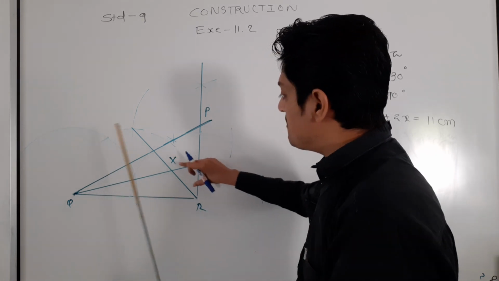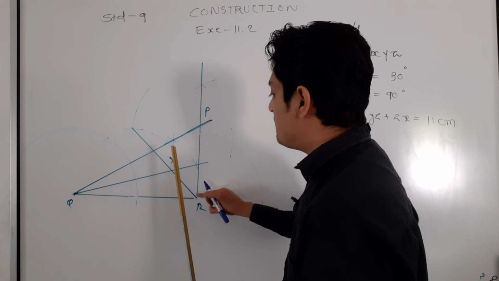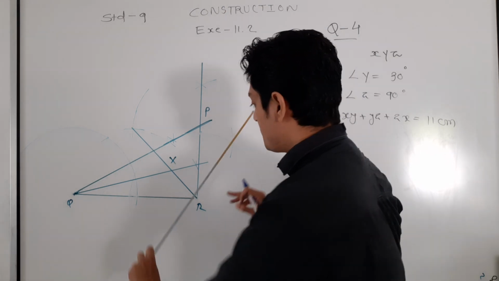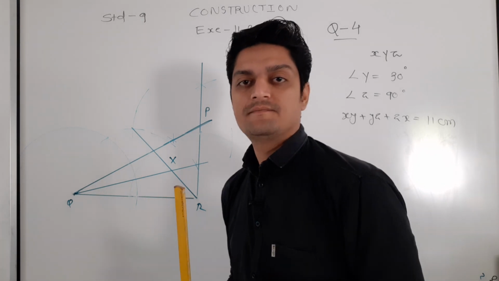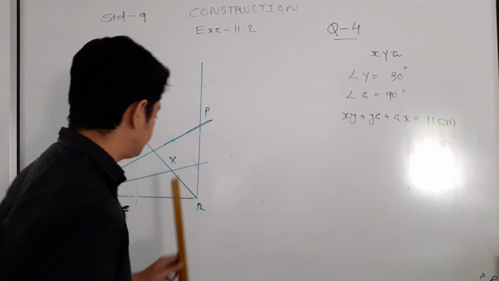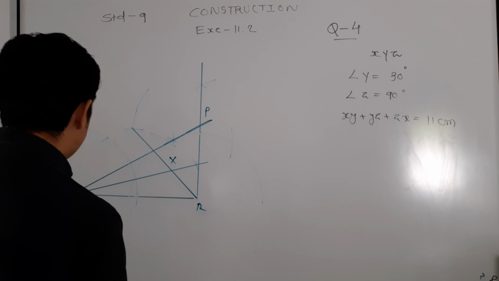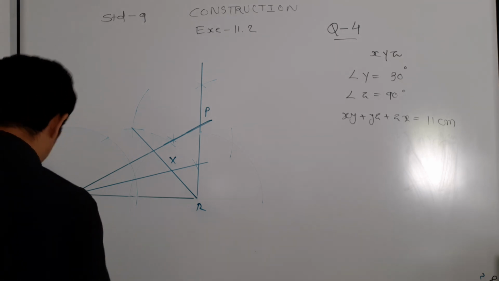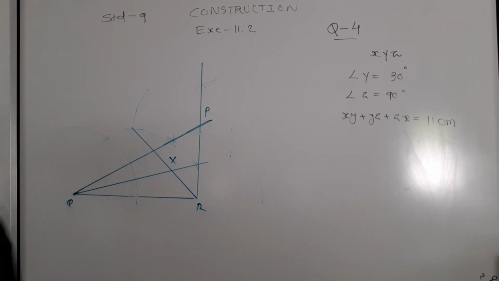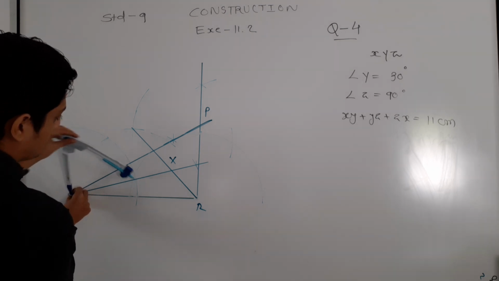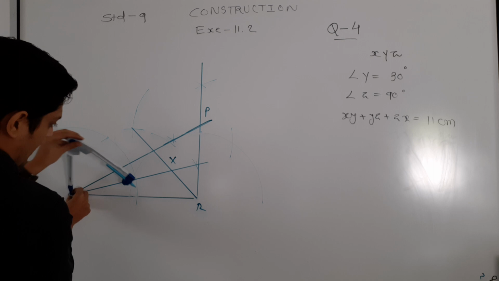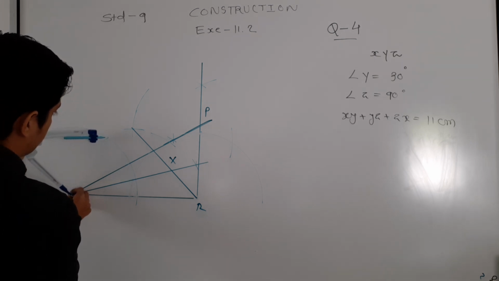And again the bisector of X and Y we have to find. Okay, the bisector of X and Y, and both those points we have to join. Let me do it. Okay, bisector of Q and X, then more than half radius, same procedure. Okay, so one I will get, yes, here.